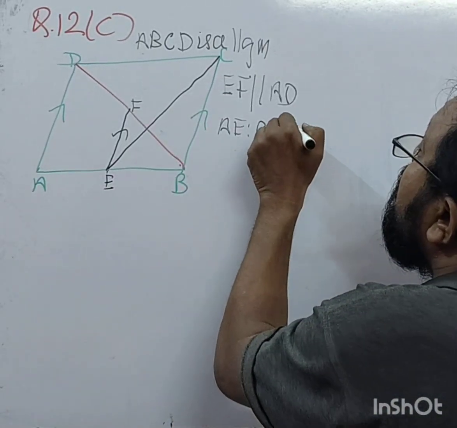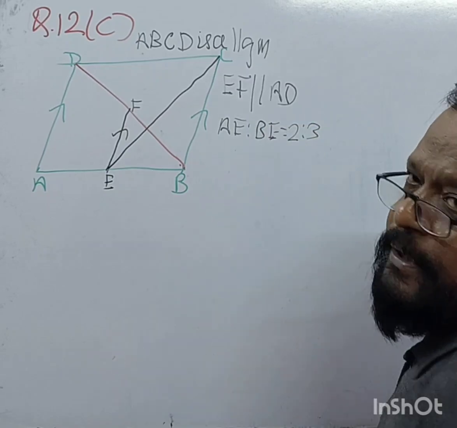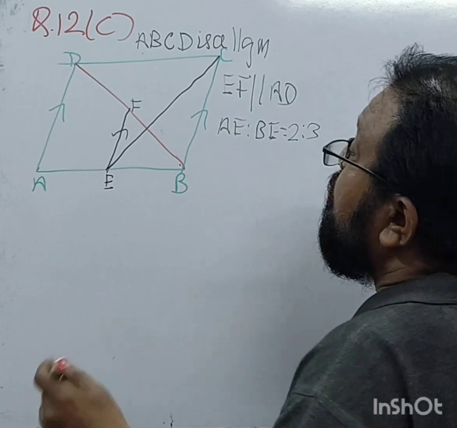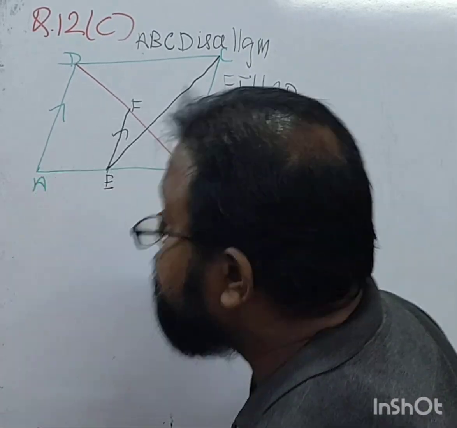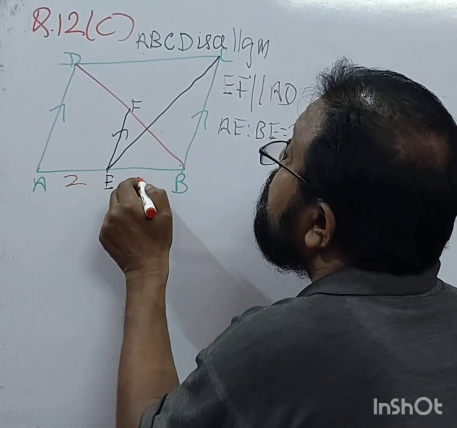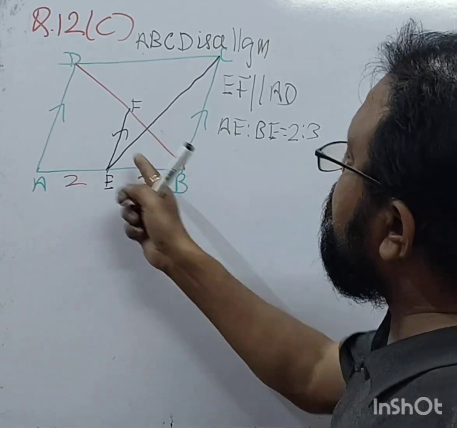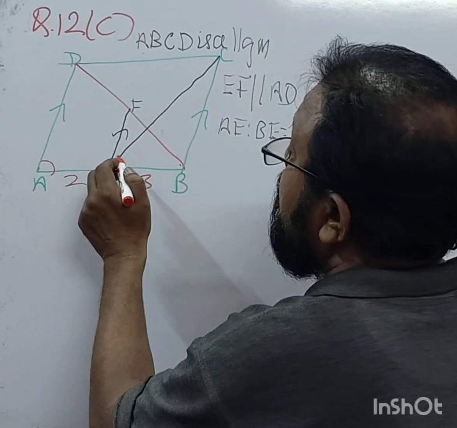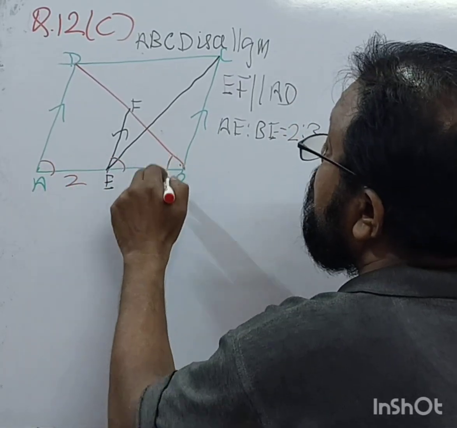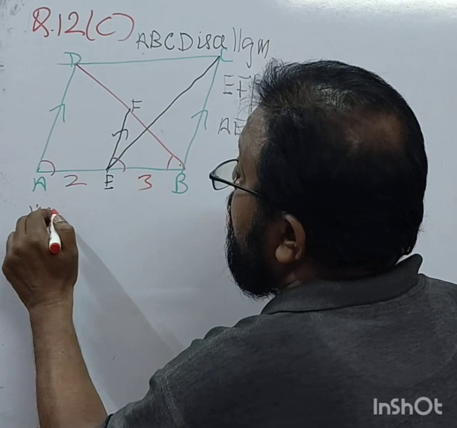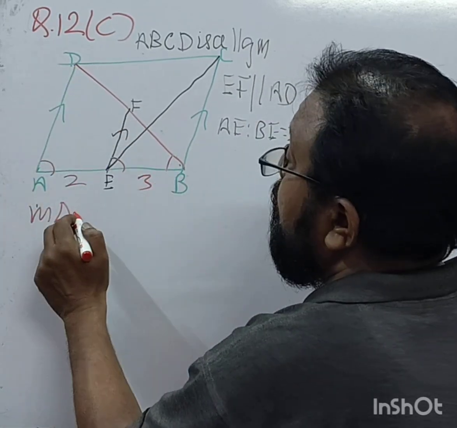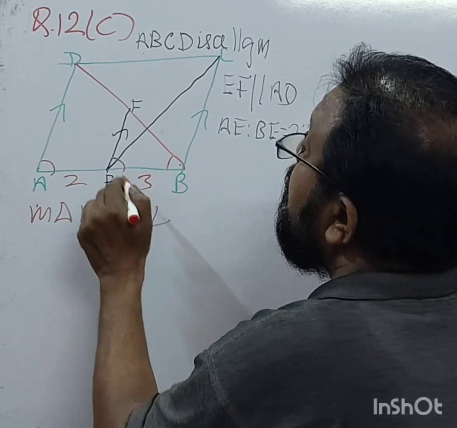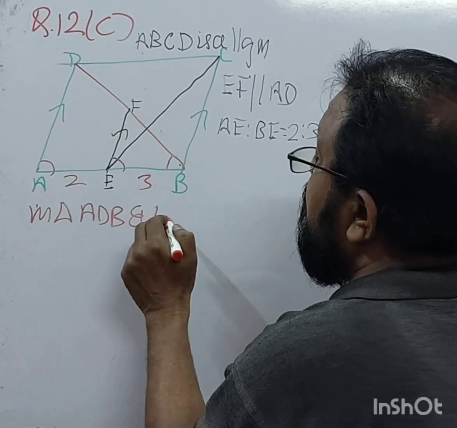2:3. Is it? AE to BE is 2:3. Huh? So this is 2:3. So these corresponding angles are equal, and this is common. So in triangle ADB and triangle EFB,